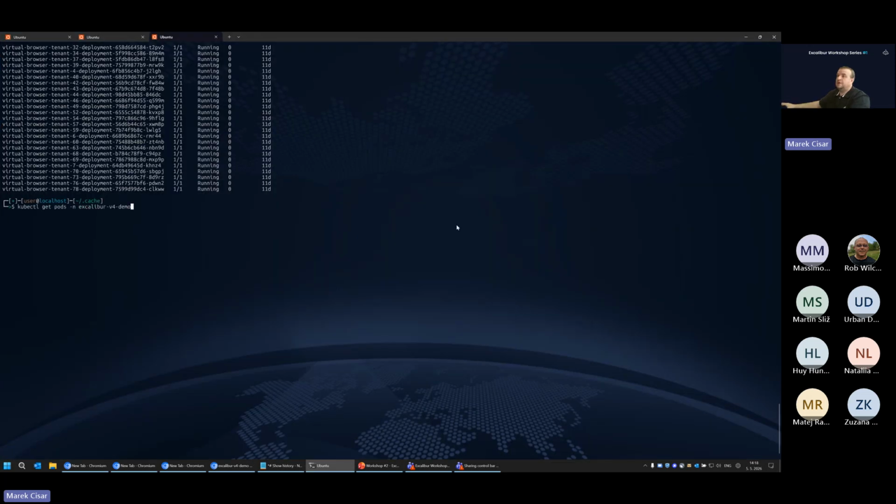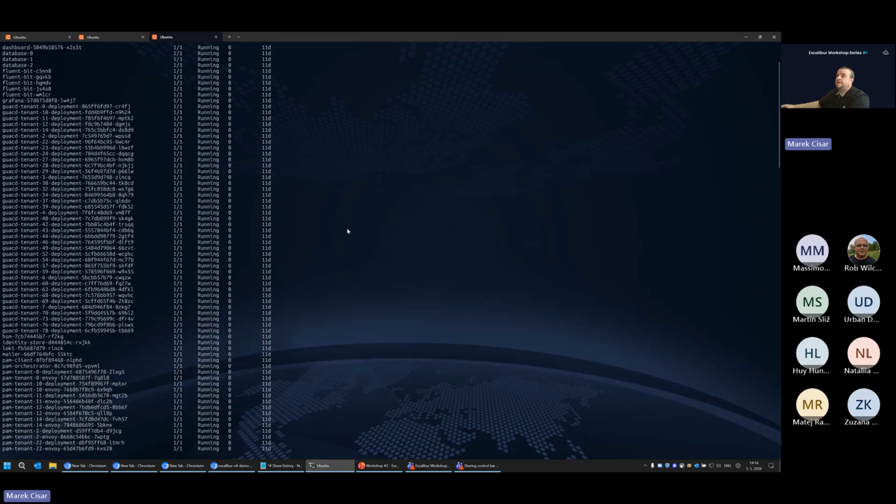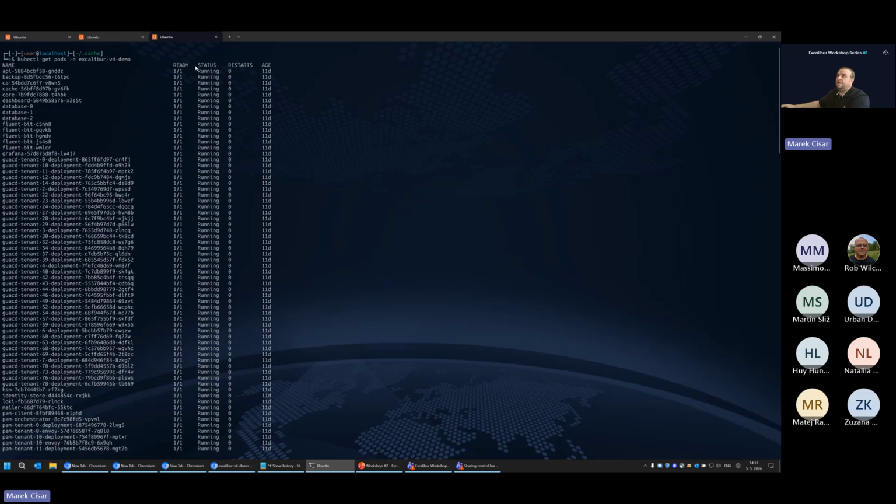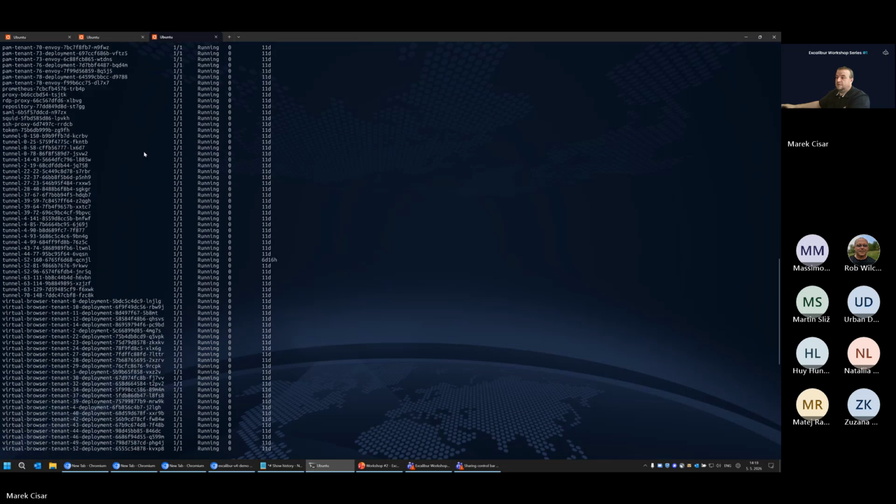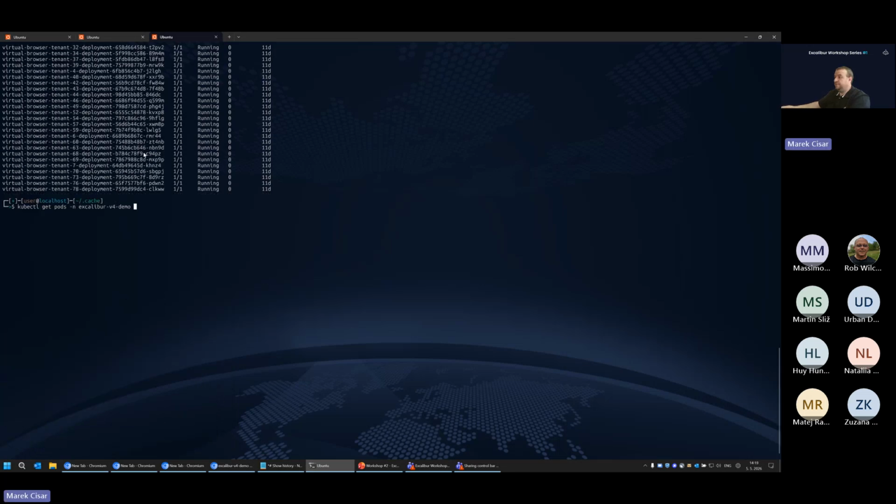I want to count them, and I also want to exclude the table header, so I will filter the header of the table out, and let's count the number of lines. So 213 microservices are running within this dedicated namespace, including all tenants' dedicated components.